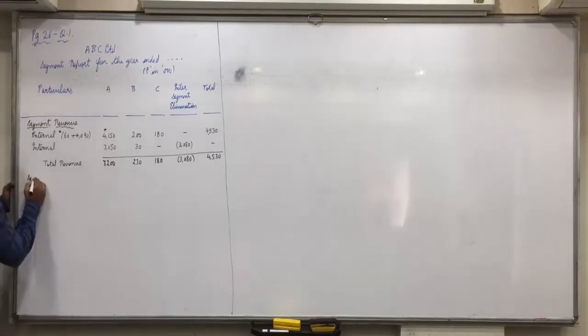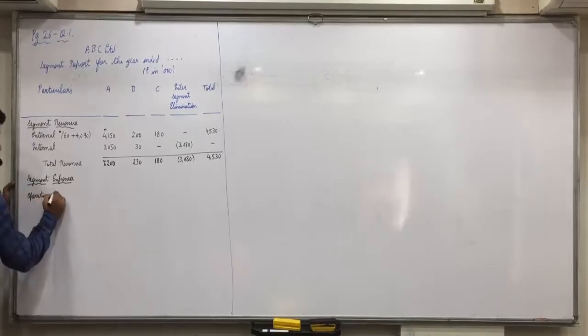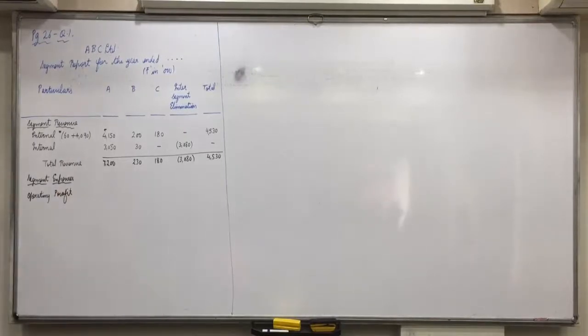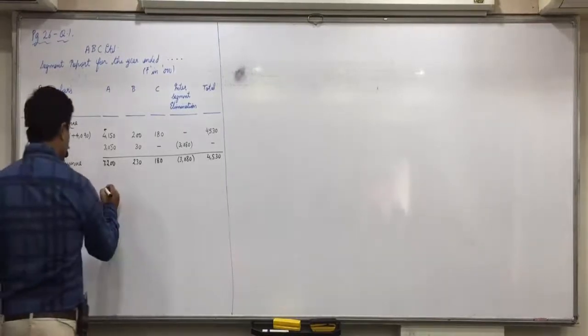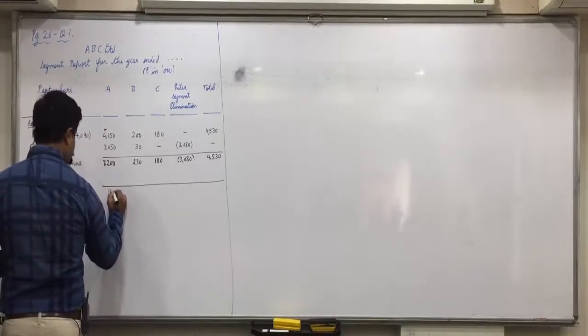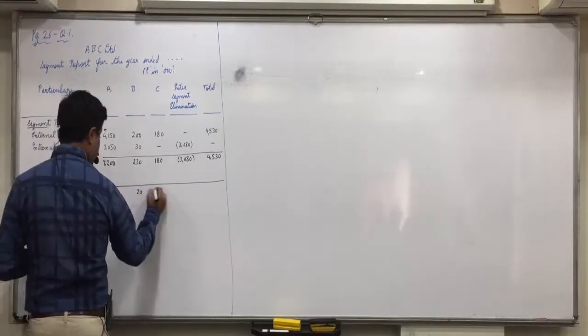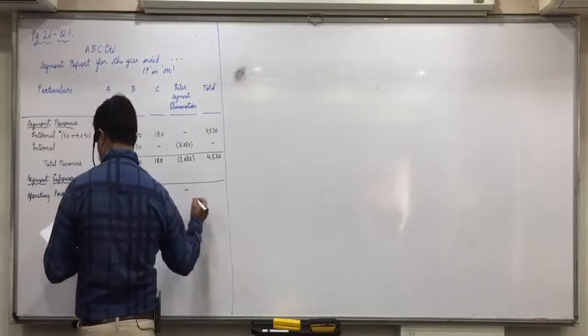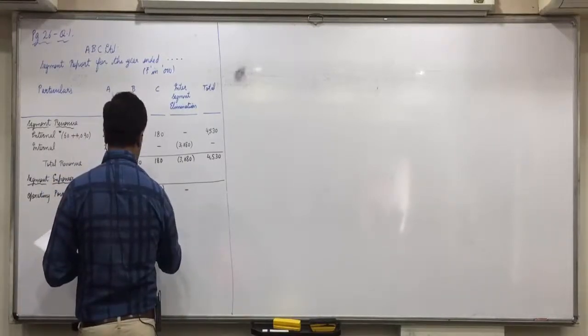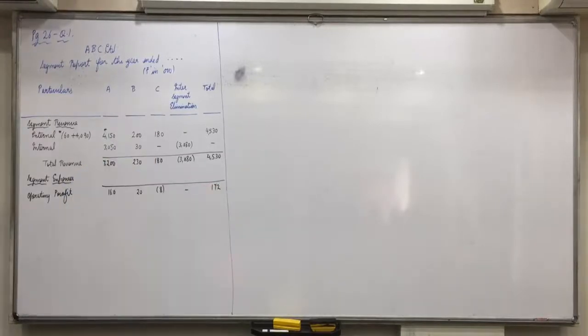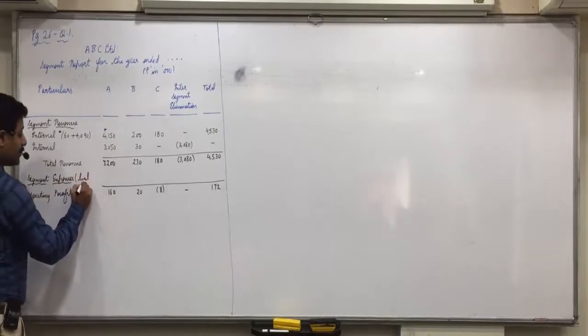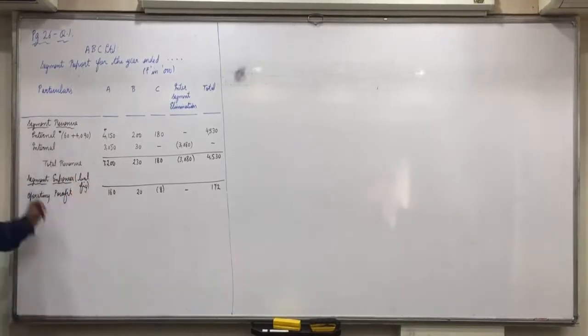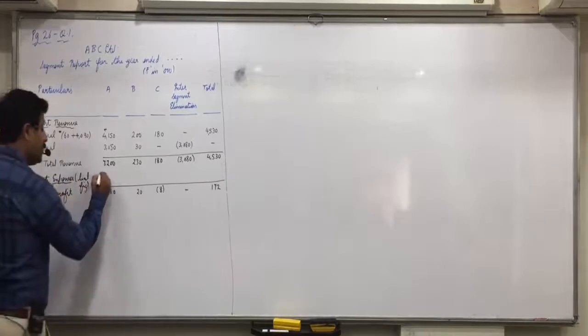Now we'll take segment expenses, which are not given, but you are given the operating profit, that is segment profit. So the difference will be the segment expenses. Can you all see 160, 20, minus 8, and the total would be 160 plus 20, 180, minus 8, 170. Is everyone clear with this? Now the difference, that is the balancing figure, will be taken as expenses. What is 7200 minus 160?